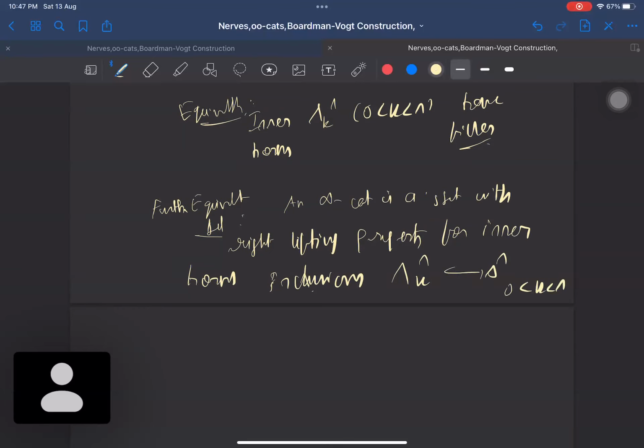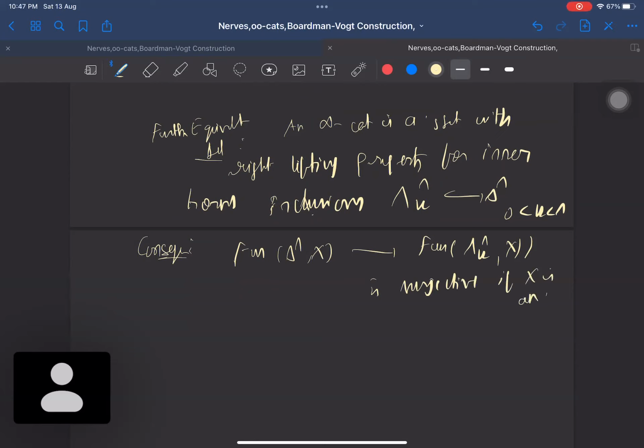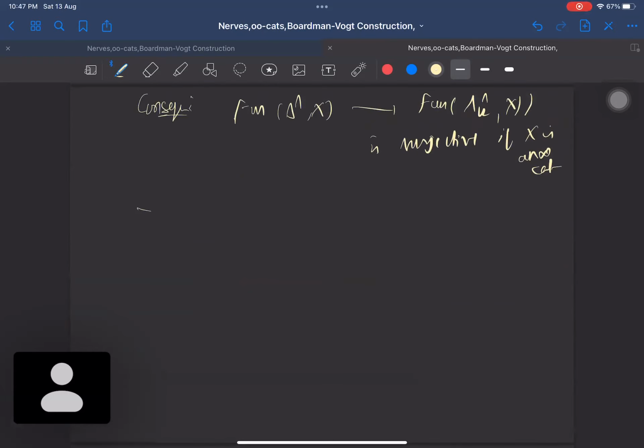A consequence of the definition is that this map is surjective, which follows by the definition of an infinity category. Now maybe I'll talk about the objects, the way we work with them. For an infinity category C,